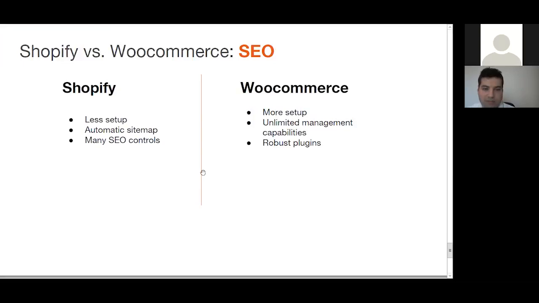So Shopify, they really make it easy to start to optimize your site for SEO. So, for example, generating an automatic sitemap, plus giving you many SEO controls, so that on your own you can go in and continue to improve your SEO, like customizing title tags and meta